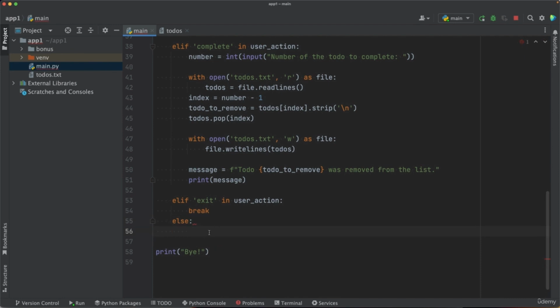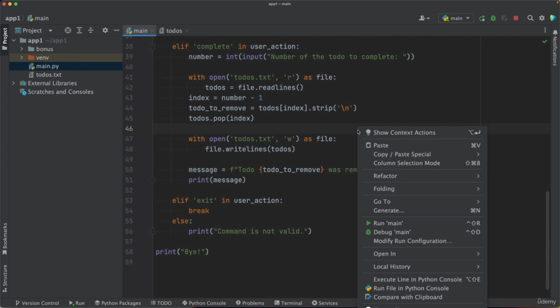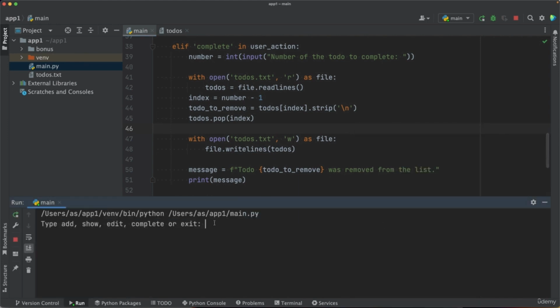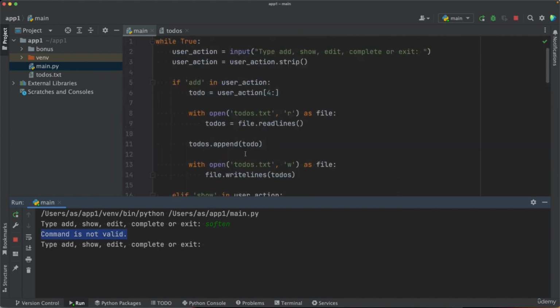Else, a colon, print, command is not valid, which will be executed if, for example, the user enters something like they didn't enter add, they didn't enter show, nor edit, nor complete, nor exit, but they enter something like crash or soften. So in that case, the program will say this command is not valid,